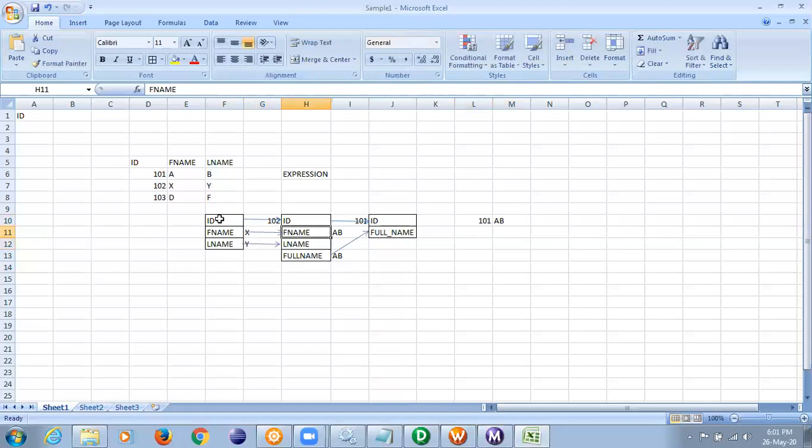Same way, 102, X, Y will go in the output, which will be calculated here, and then I'll have 102 and XY in the output. Please understand this concept very clearly. In the software, then it will be very, very easy. Same way it will be for 103. I don't need to write it. 103 and then I'll have DF. Correct? Any doubt in this?